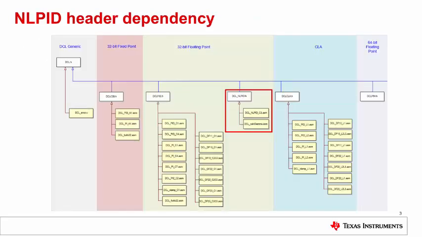In order to use the nonlinear PID controller, the header file dcl_nlpid.h must be included in the project. Assembly-coded modules, which only run on devices equipped with a Type 1 TMU, such as the F28002X, must be manually added to the project. The file dcl_nlpid_c3.asm is a nonlinear controller, while the file dcl_calcgamma.asm accelerates computation of the linear region gain, something we'll look at shortly.